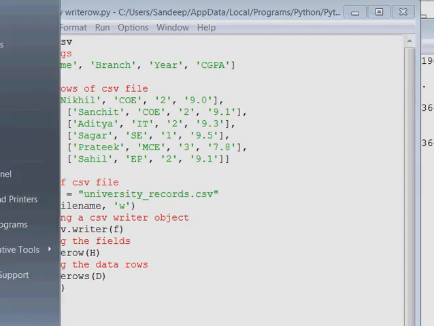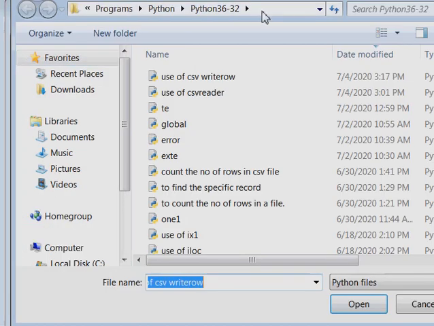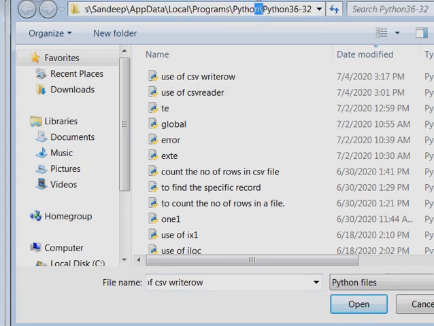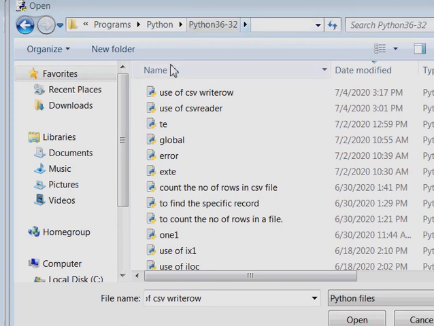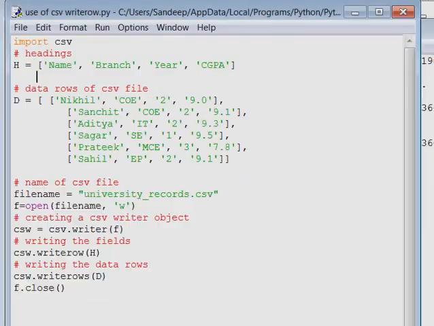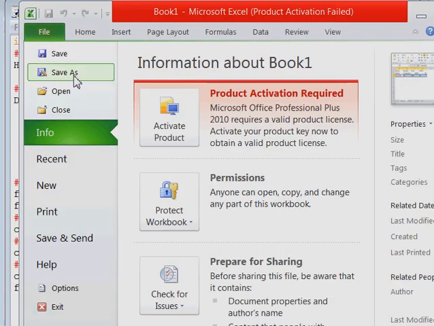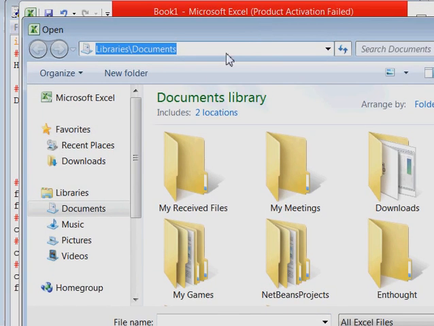For opening it in Excel, you need to first copy your path in which the file is created. For that I am clicking here where your py files have been saved. So now I am here selecting this address so that I can copy it. So I have copied the path with Control C, and now I am opening the Excel. In Excel I am again clicking on open, click in this and press Control V to paste the path, press